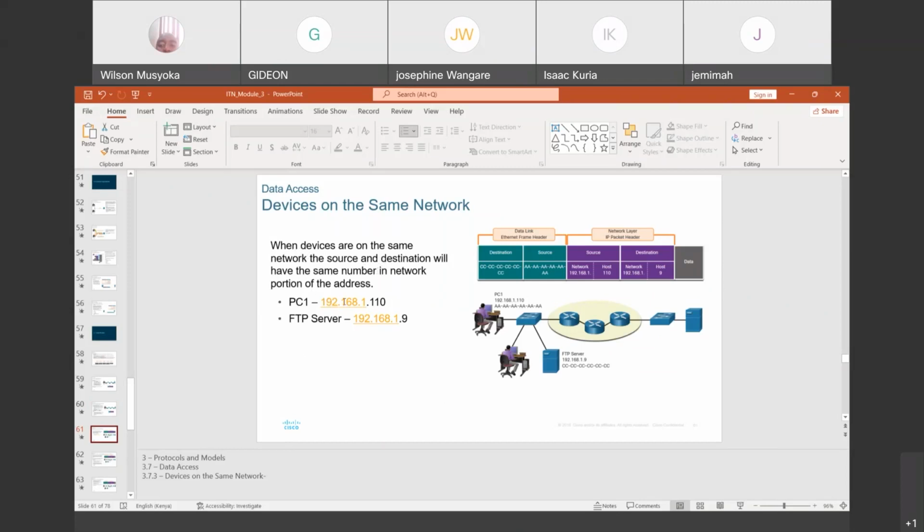So 192.168.1, 192.168.1, they are the same. The only difference is the host addresses, meaning this is host number 110, this is host number 9. So that is how you can be able to tell the difference. And these are in the same network. So if you're sending a message, it doesn't need to go outside this local area network. It will just be addressed on that local area network.